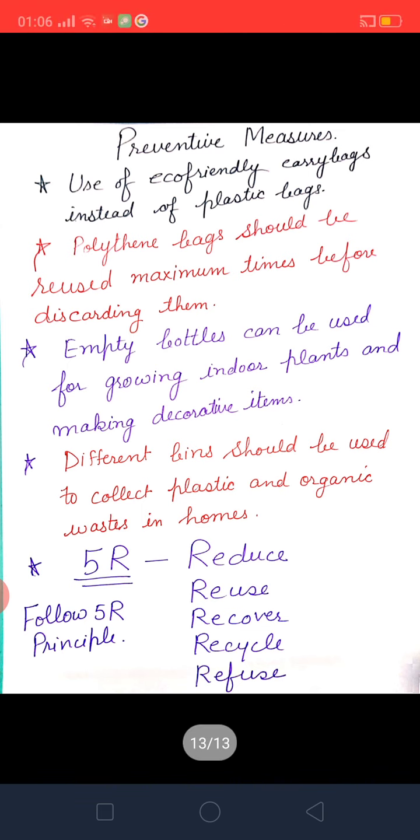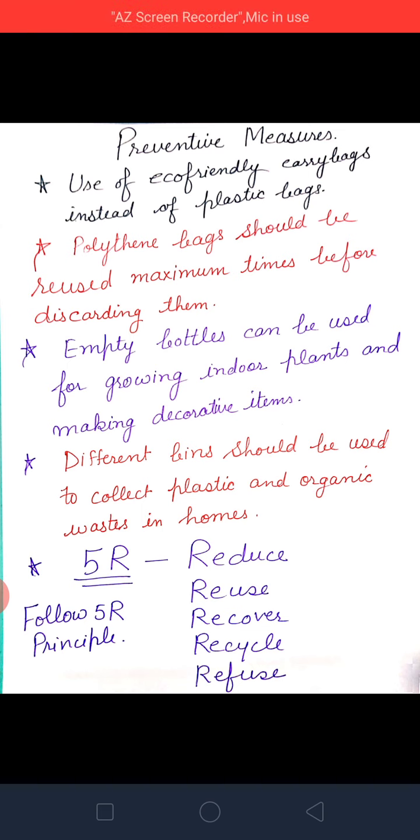My dear students, today we have studied plastic, and how plastic is prepared from monomers. If the monomers are arranged in a straight line, then it is thermoplastic. If the monomers are cross-linked, then they are known as thermosetting. What are the differences between the two? You have to learn the examples also.